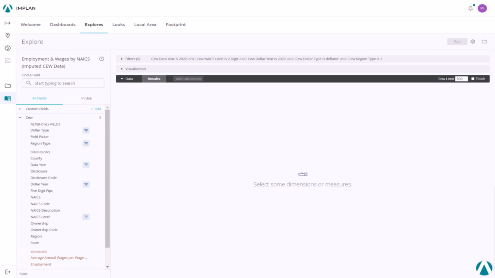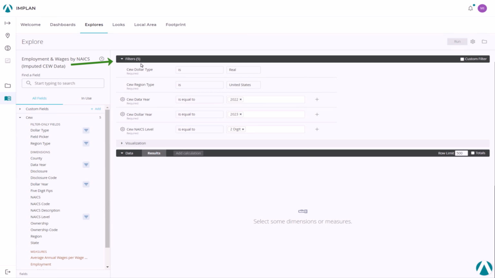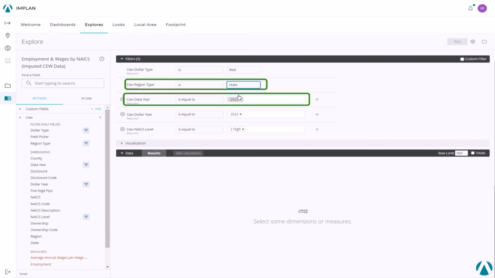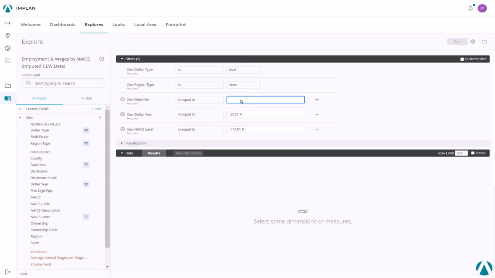To utilize the CEW data in Data Library for anything other than the national level values, users will first need to update the region type filter. For instance, if we wanted to see just employment for Tennessee and South Carolina for NAICS code 336111 automobile manufacturing across all data years, we can first filter on region type state, remove the data year filter, add NAICS and state as filters from the All Fields panel,